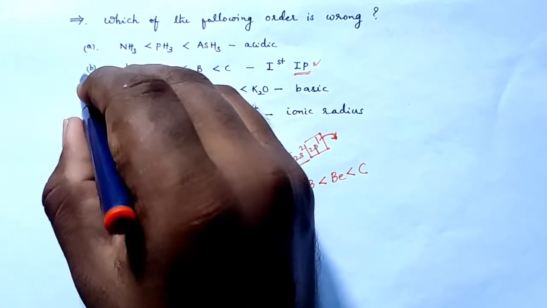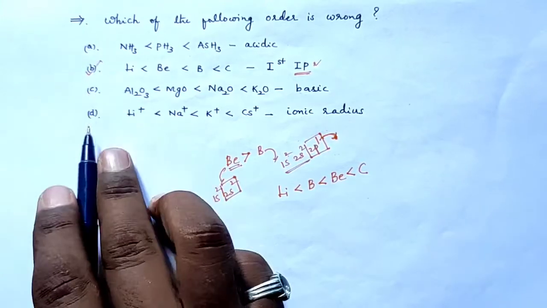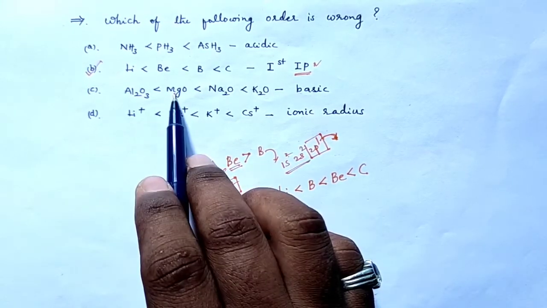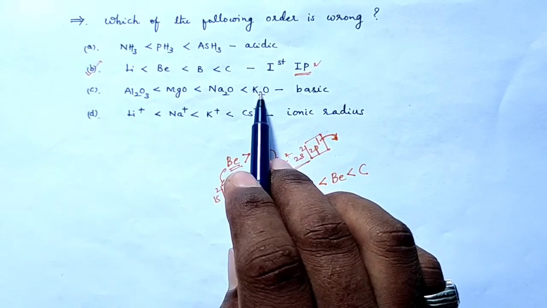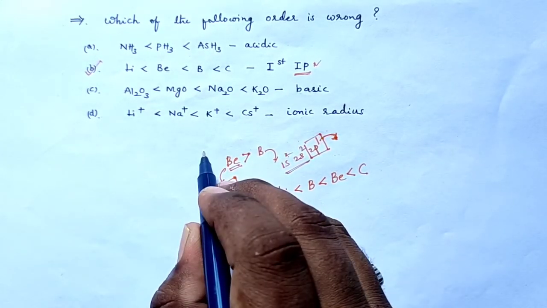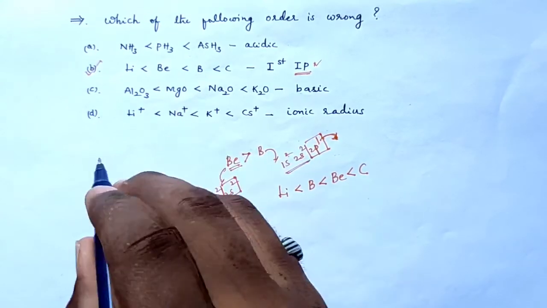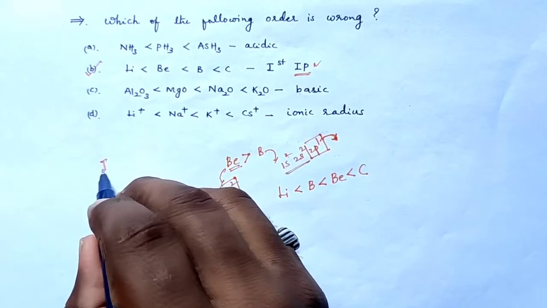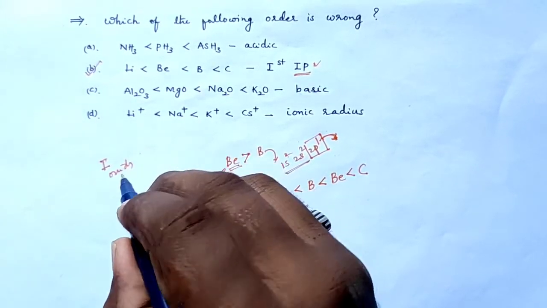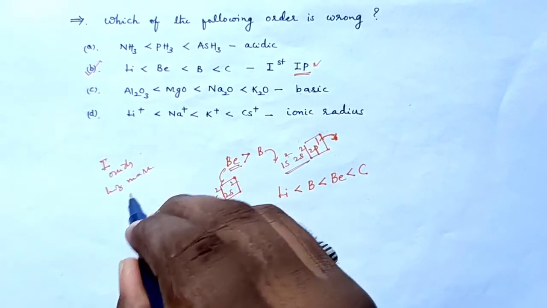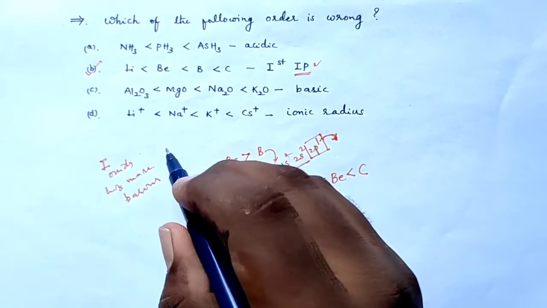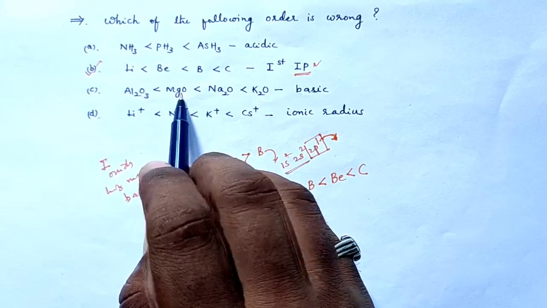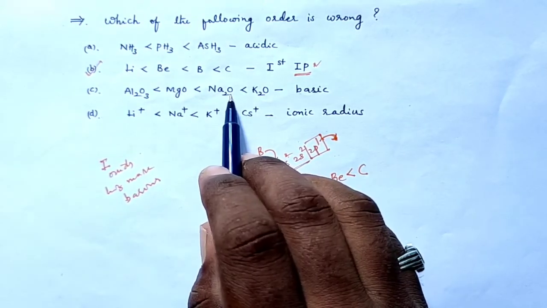So this is the correct option, and let us discuss the remaining two also. Yes, Al2O3 is an amphoteric oxide, and the others are basic oxides. We know that from left to right in a period, basicity decreases. When size is large, generally basicity is more. That's why group 1 oxides have more basicity when compared with group 2 oxides. So because of this fact, magnesium oxide has less basicity when compared with sodium oxide as well as